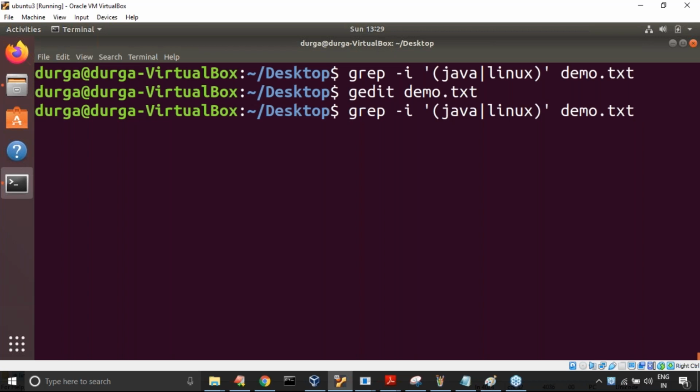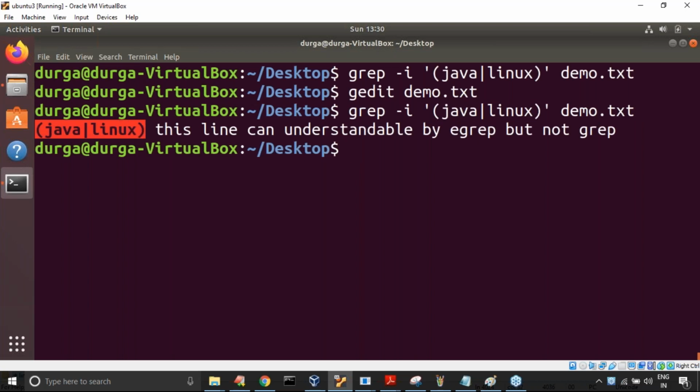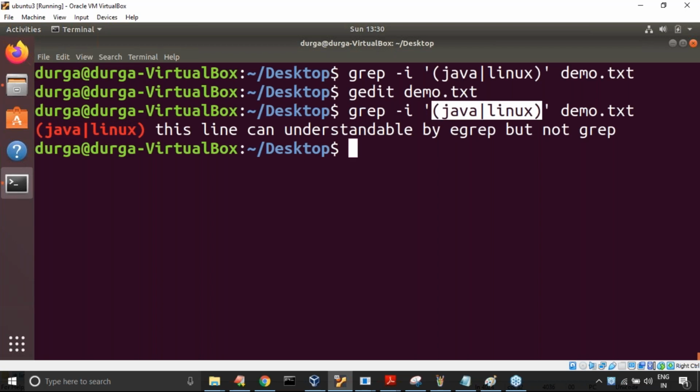Respond. Now I'm using grep, am I going to get a matched line or not? Yes, because it is always looking for this thing. This is a single string, but I added this single string in demo.txt. Now observe, this is the matched thing. So the grep command is not processing it as a regular expression. The grep command is considering this as a string.